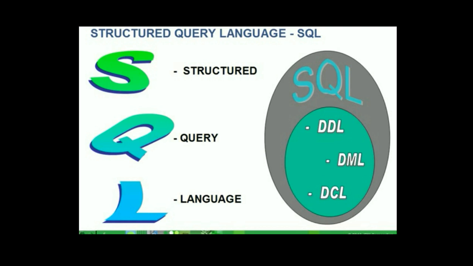SQL works at a set level, meaning that it is designed to retrieve rows of one or more tables. SQL has three categories based on the functionality involved: DDL, Data Definition Language, used to define, change, or drop database objects; DML, Data Manipulation Language, used to read and modify data; DCL, Data Control Language, used to grant and revoke